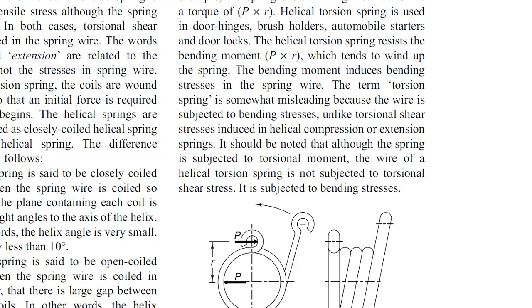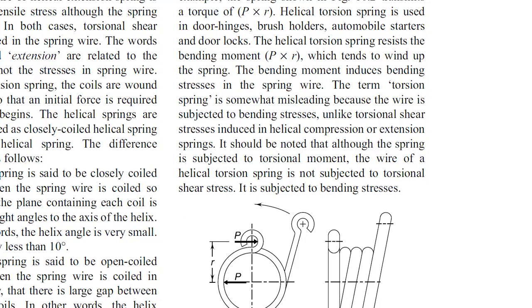So in this way, you can see the application of the helical torsion spring, where they are used in the automobile starter, door locks, etc. This helical torsion spring resists the bending moment. The bending moment will be produced because of the force times the perpendicular distance, P into R, which tends to wind up